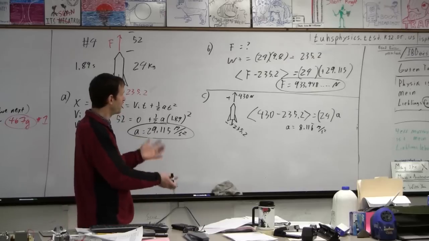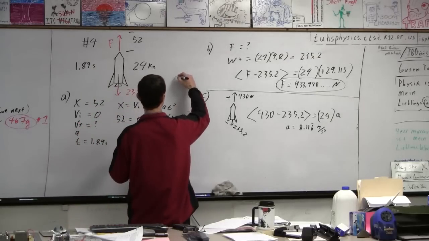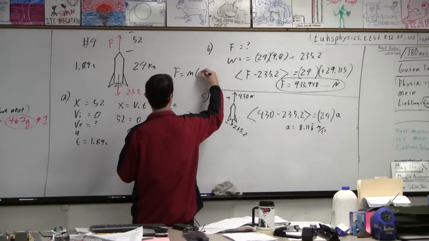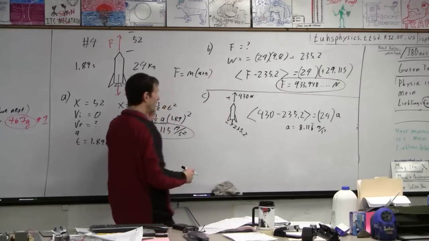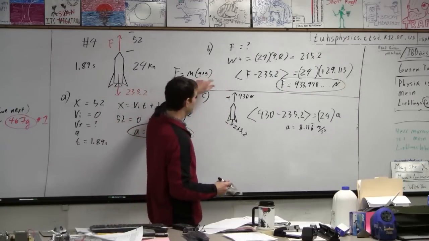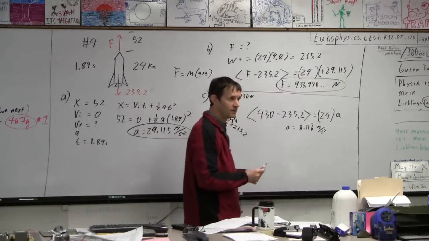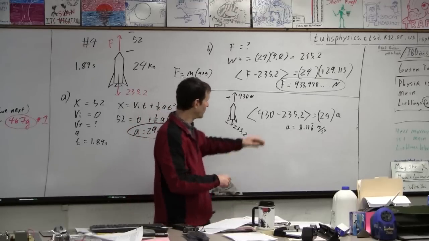Because ultimately all these problems up and down work out to this notion that the force is equal to m times a plus g, right? And so you could just add the 29 plus the 9.8. Harder to do it when you know the force, but